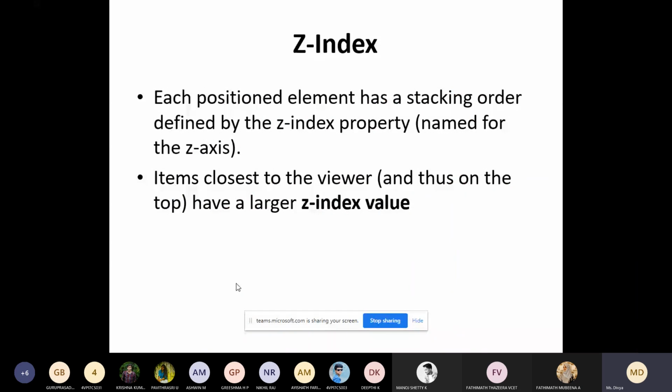The next one is Z index. Each positioned element has a stacking order defined by the Z index property. So the Z index property is used for defining the stack order.